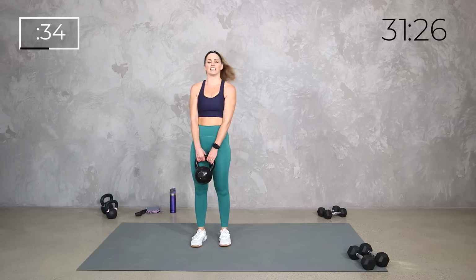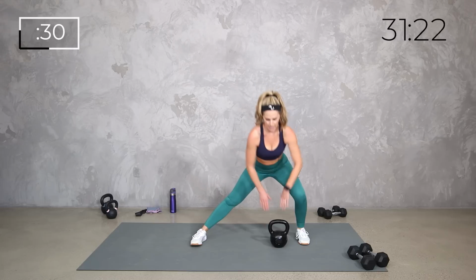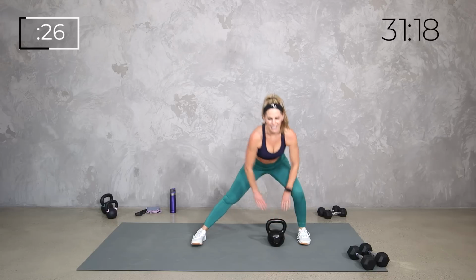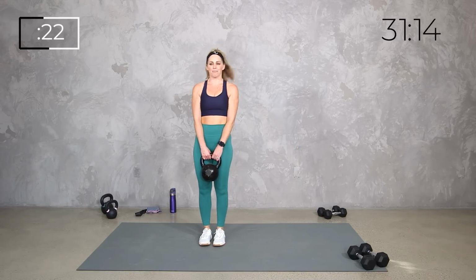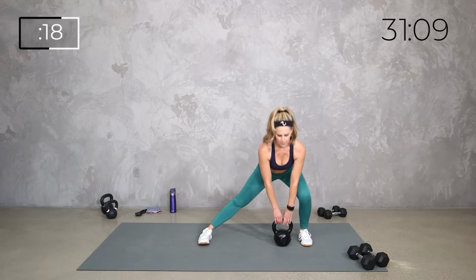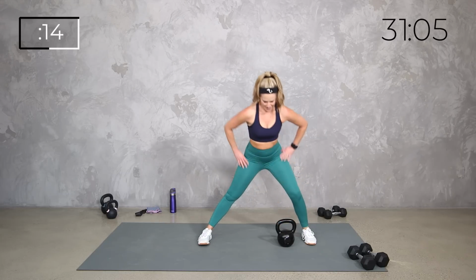So we're keeping it stationary on that drive up, so we get the mobility out of it, right? But also so you don't have to step over that kettlebell. I don't want anybody feeling like they're gonna trip, right? Safety first, always. Breathe, and up, yes team, woo! Up,